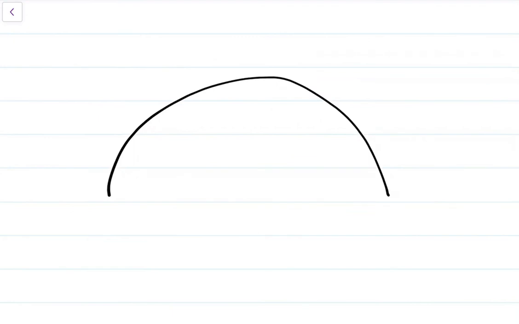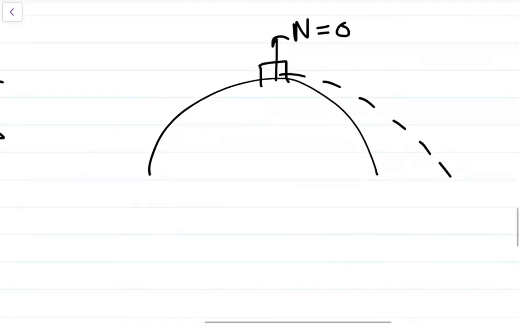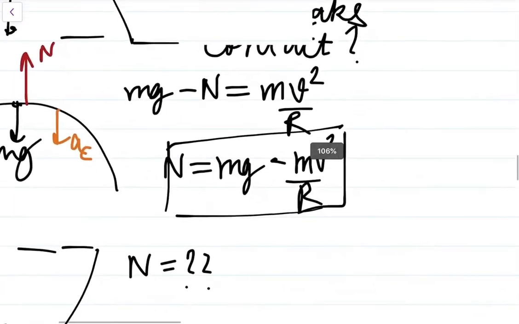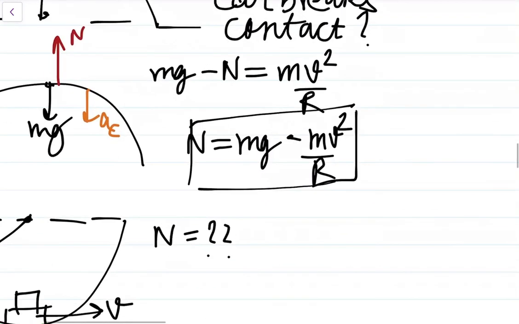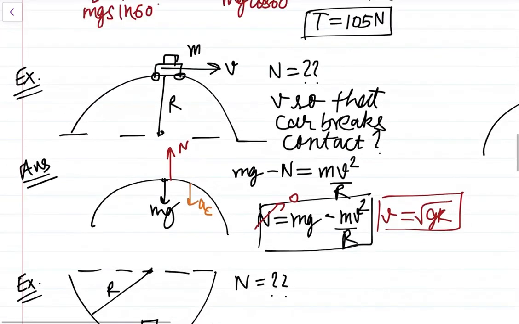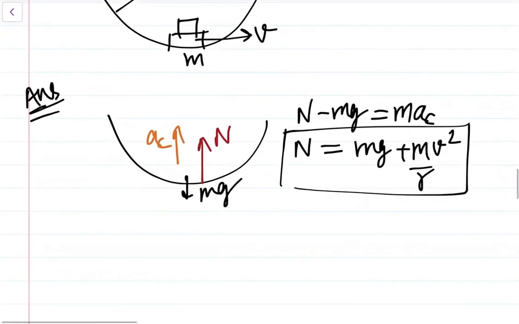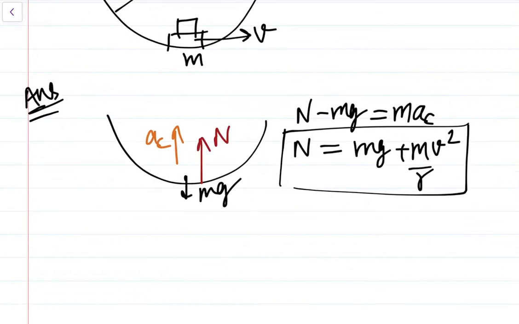I will explain. If here the normal reaction becomes 0, then the car will not follow the circular path. It will instead break off this bridge and follow a parabolic path, as you can see here. So it's a quite basic question. So where were we? We will just make this normal component 0, and of course our velocity comes out to be again under root gr. Alright, so it can ask all types of questions depending on the question itself. Okay, so don't be afraid and try solving as many questions as you can.